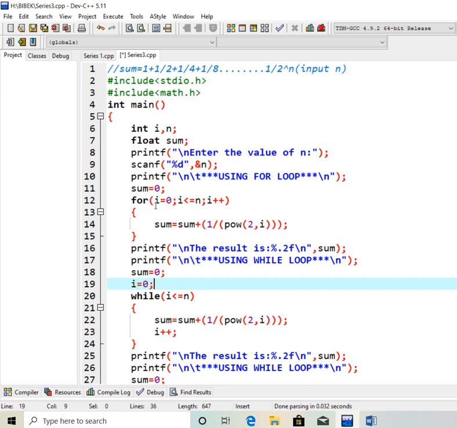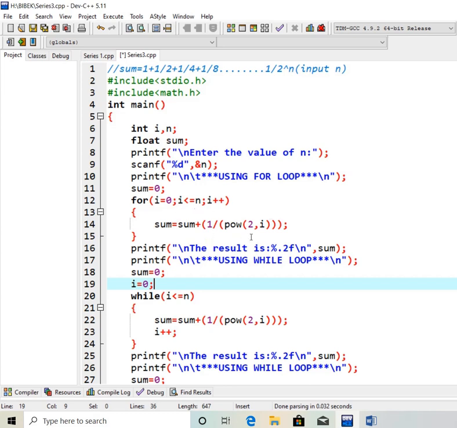When I am using the for loop, the final value of I is n, and then the value of I will be n plus 1, and the loop will be out of the loop. So the body part will not execute when I equals n plus 1. So finally the value of I is n plus 1.